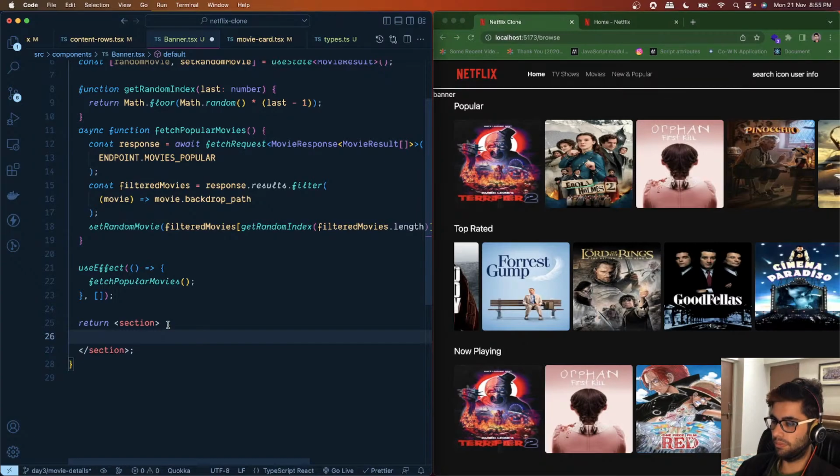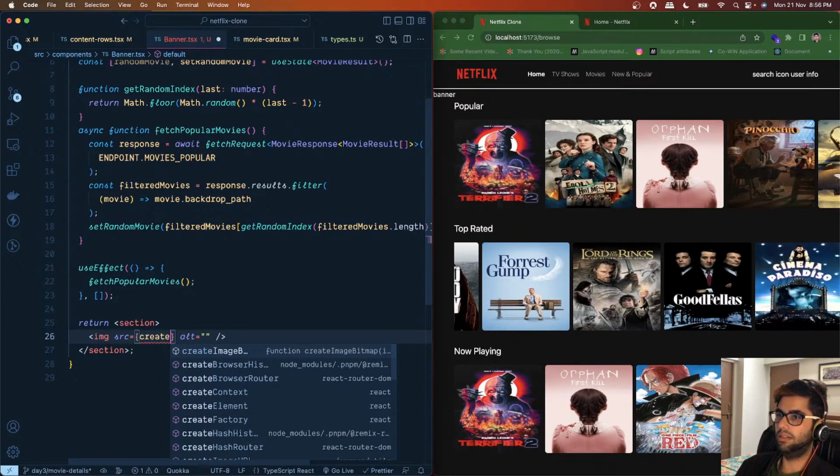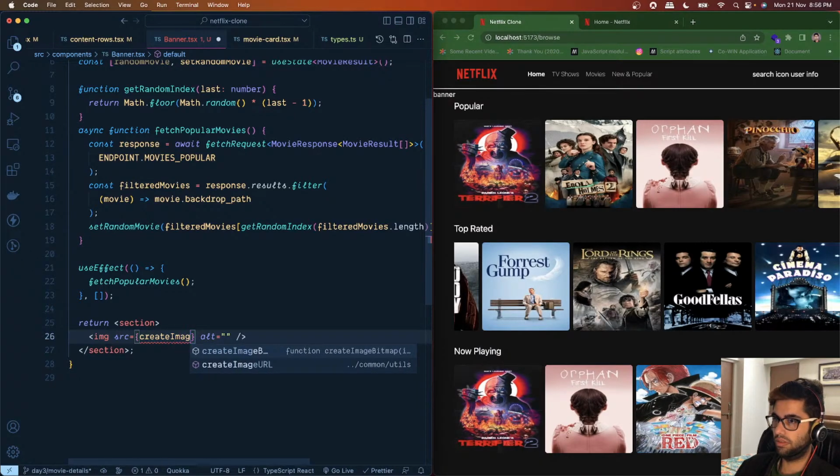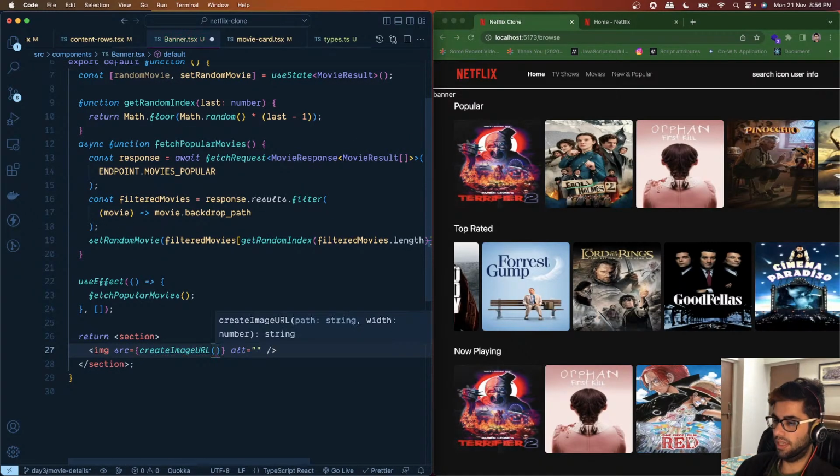So here also we'll add a similar logic that initially we will be showing the image, and here we will say that we'll use the create image URL function, and we will pass it the random movie dot backdrop path, and let's give the size as